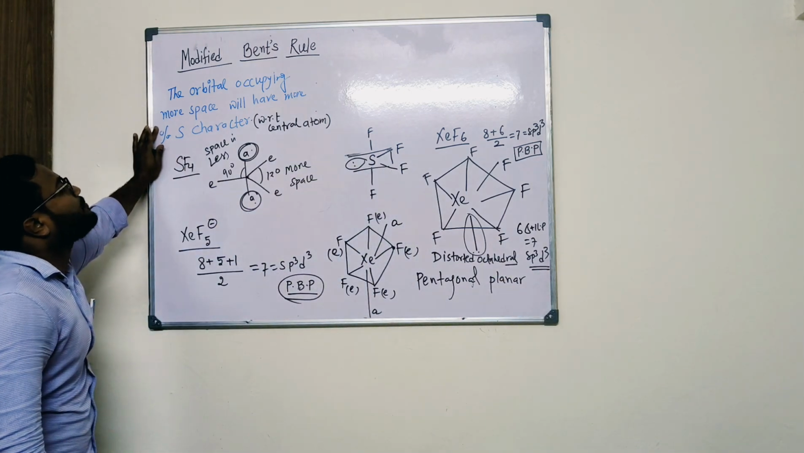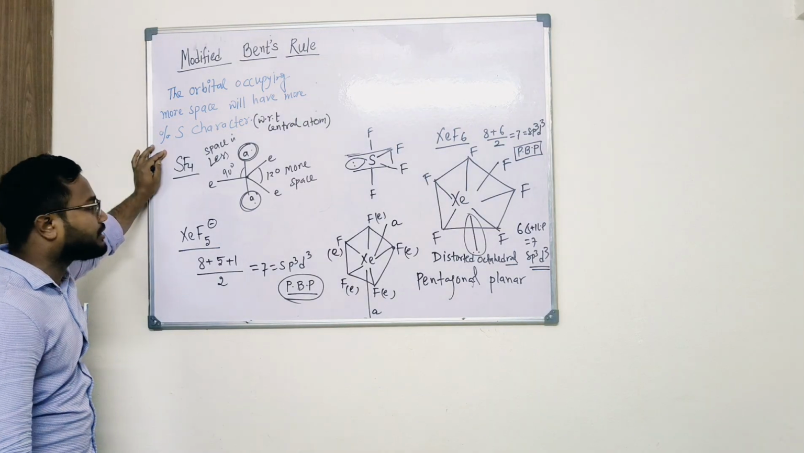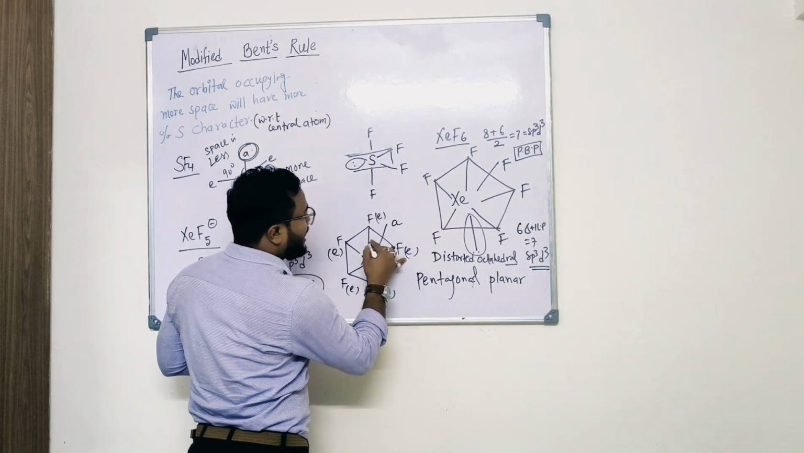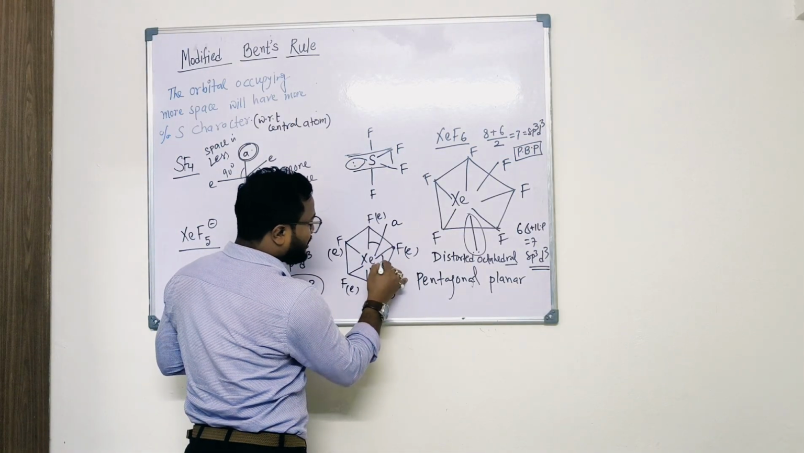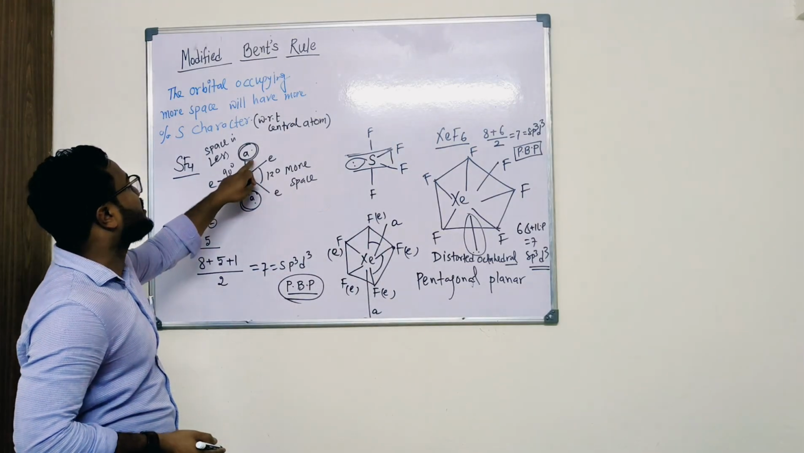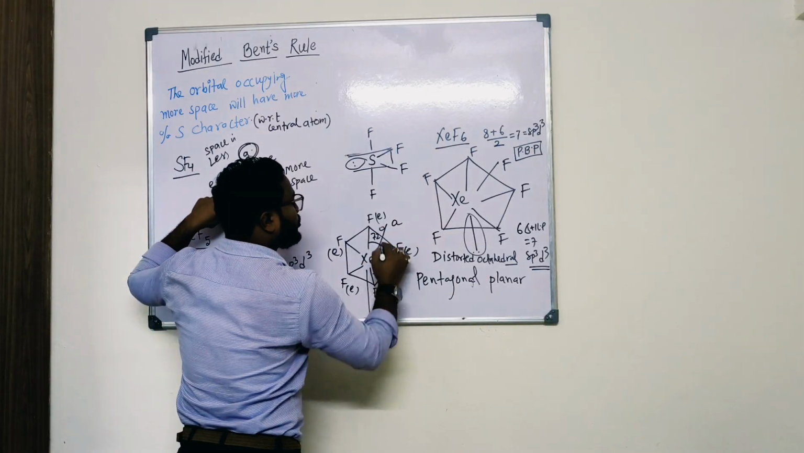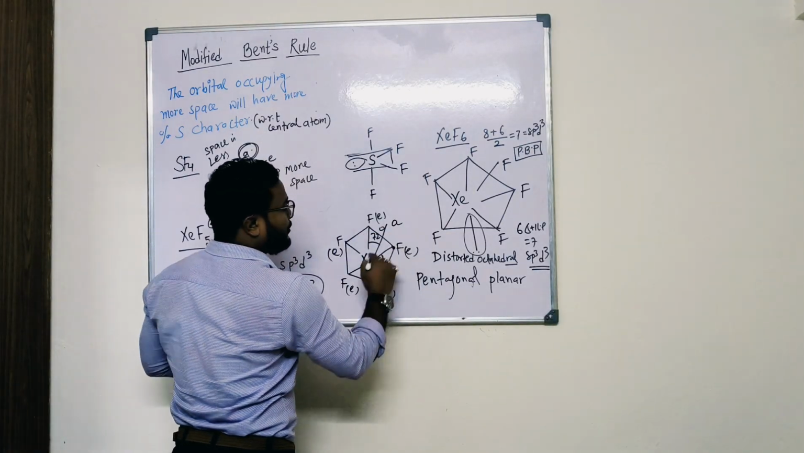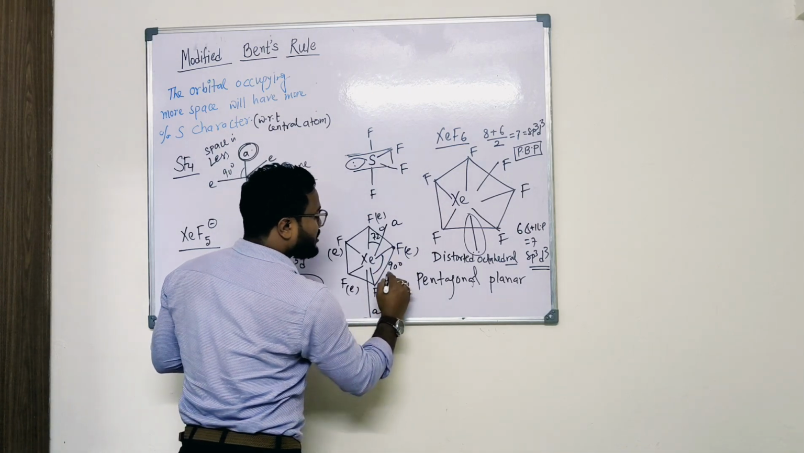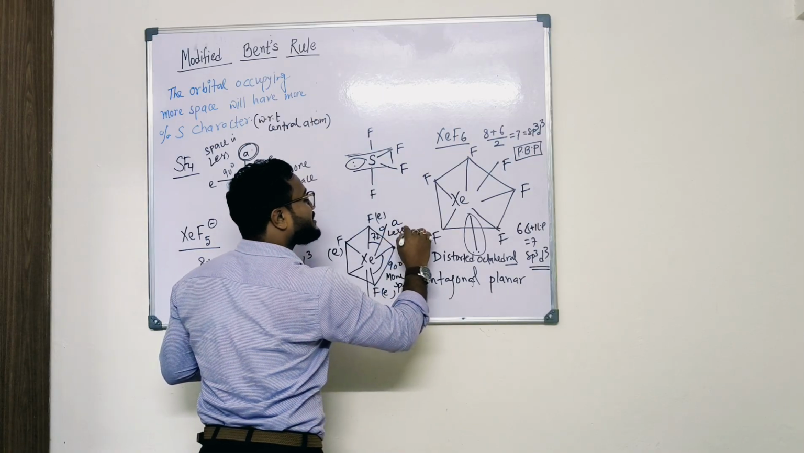Now, what is modified Bent's rule? Orbital occupying more space will have more percent s character with respect to the central atom. If you check here, you find these angles and the angles in between them. So angular difference, axial positions, here we have seen that for axial position angle is 90 degree, but in this case it is 72 degree, and for equatorial positions angle in between them is 90 degree. So this is more space and this is less space,